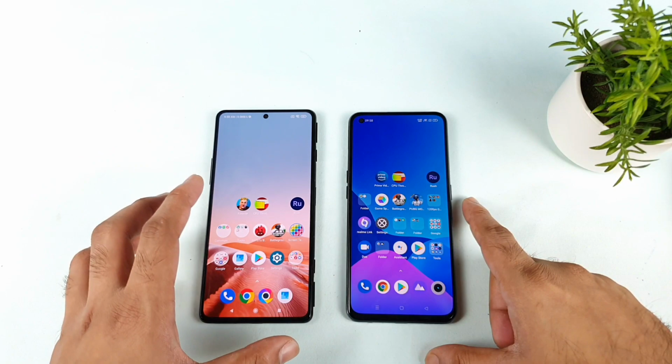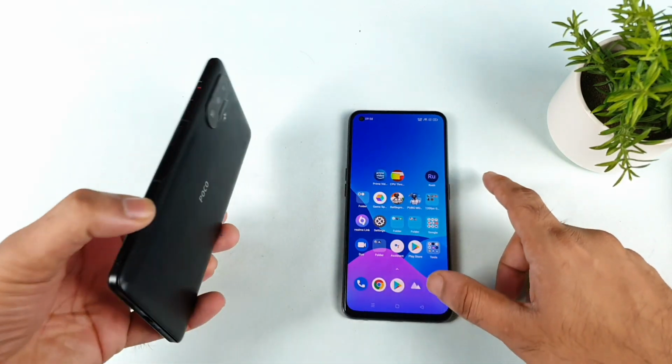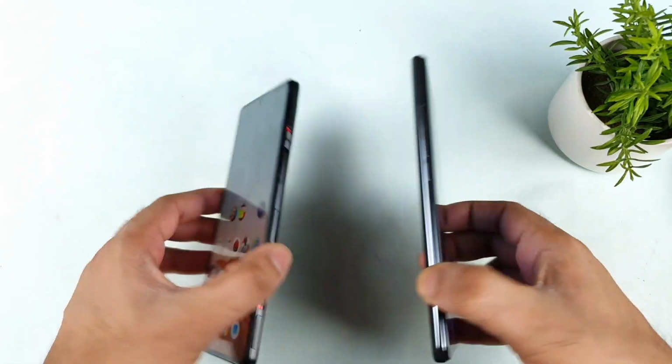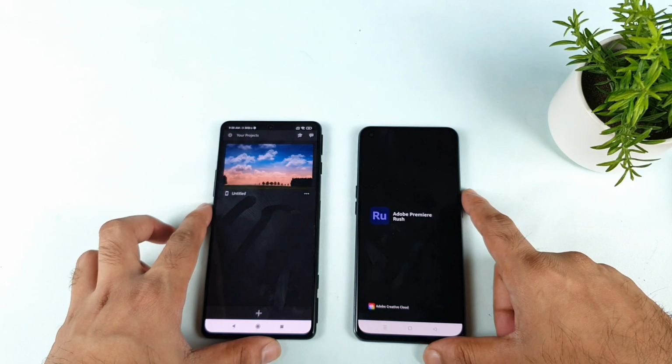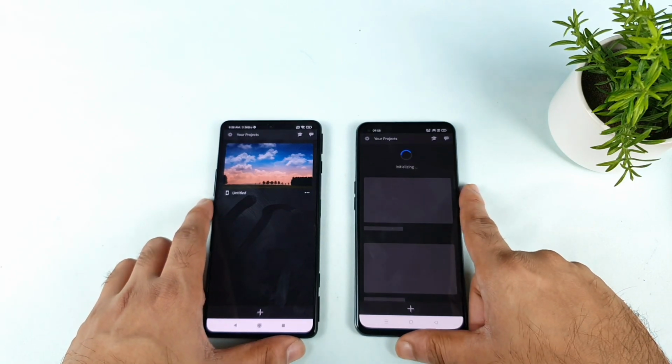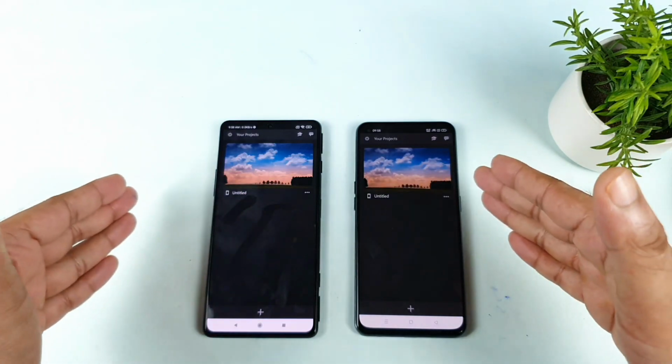In today's video, I'll try to compare the Adobe Rush video exporting rendering comparison between the Poco F3 GT versus the Realme X1 Max 2S. It is the Adobe Premiere Rush which I'm trying to use right now in this demonstration. Let's see which phone will be able to export the same video faster. That is what I'm going to compare between both phones.